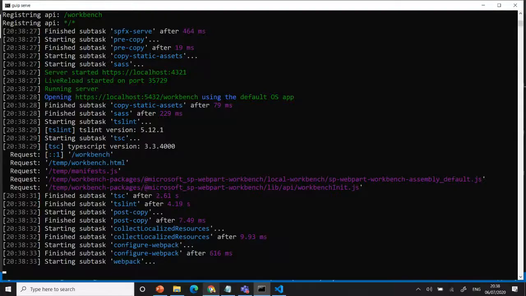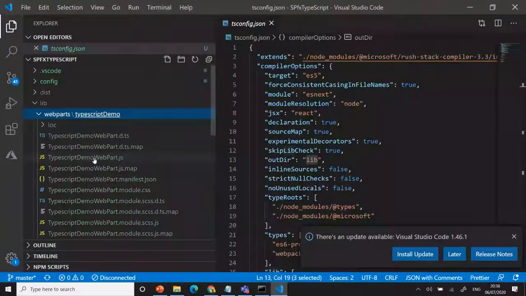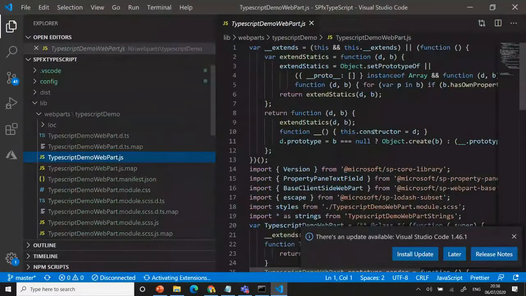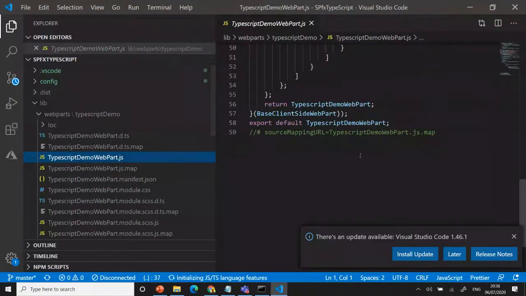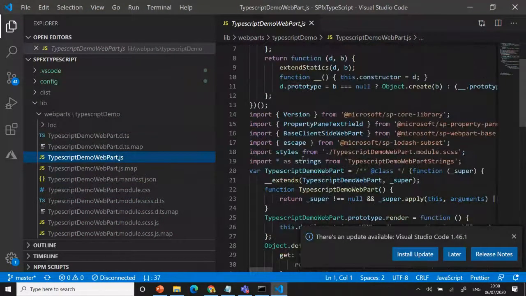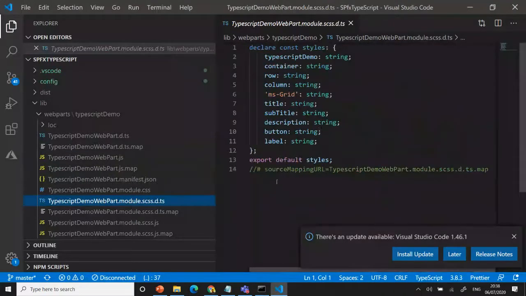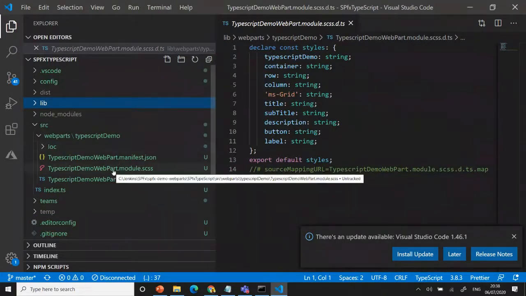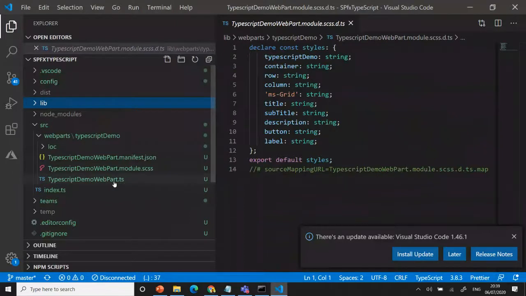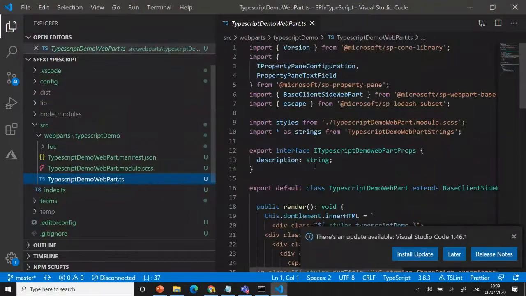You can see the lib folder is now available with the web parts. All the JS files are created, right? Whatever is available there, it will create these JS files from the TS to JS. You can see all the references, whatever is available because of this template, right? It creates all the interfaces, everything as a JS file. That only executes. Other than this, TS is only for development purposes. Okay, now I'm going to show how to use the module here and how to use the TypeScript classes.